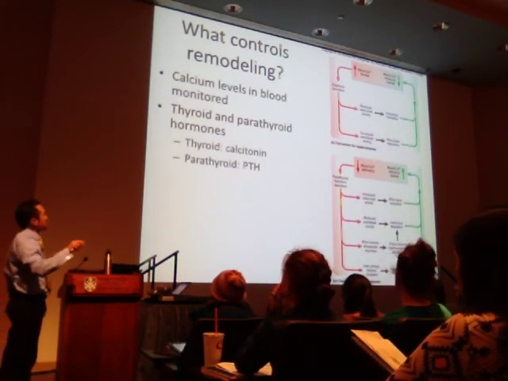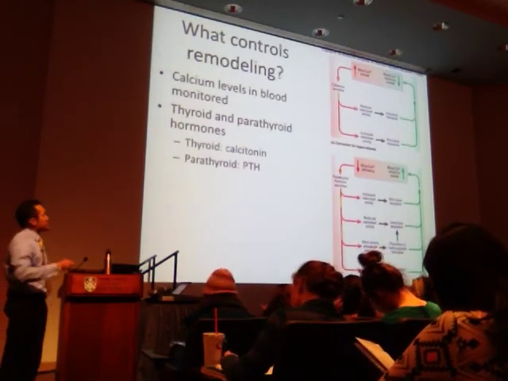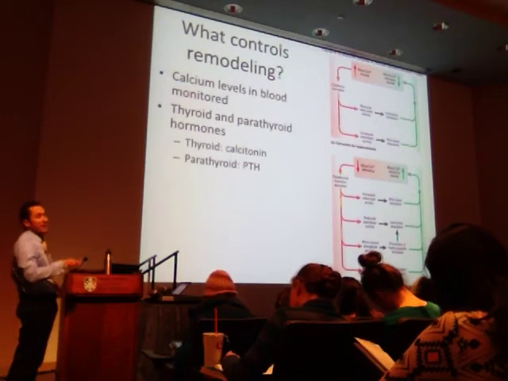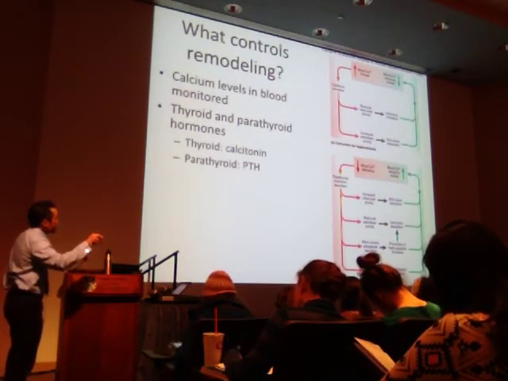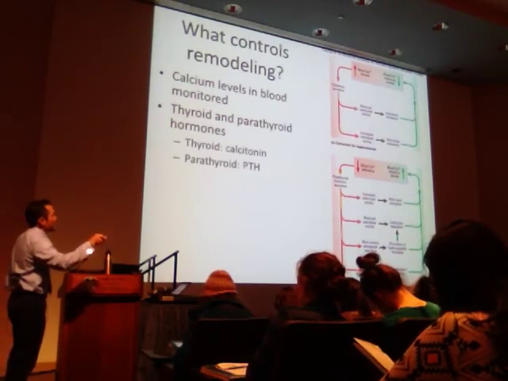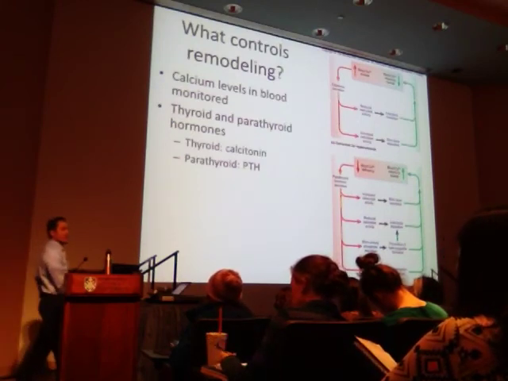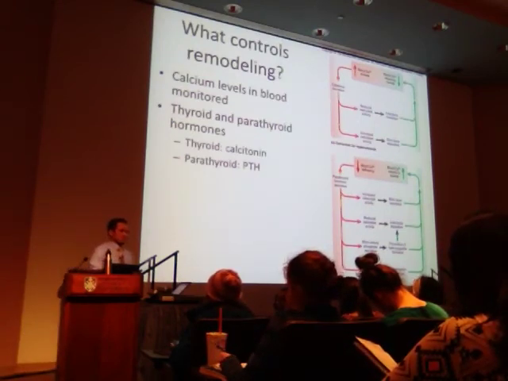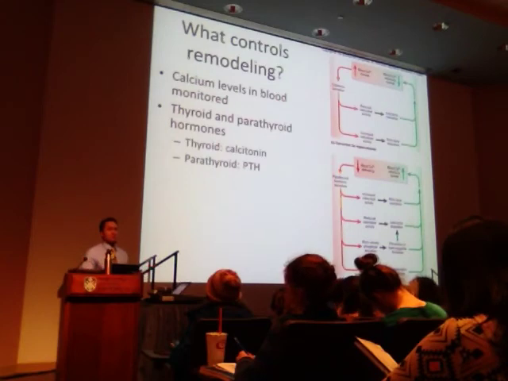Make sense? This is an example of a negative feedback loop, right? Because the response to the problem state is in the opposite direction. The problem is the blood calcium level is too high, so you trigger calcitonin secretion by the thyroid. That activity ultimately lowers blood calcium levels. Classic example of a negative feedback loop. Remember the feedback loops? Remember how I said these things could be cumulative? There's a great example of cumulative-like material.